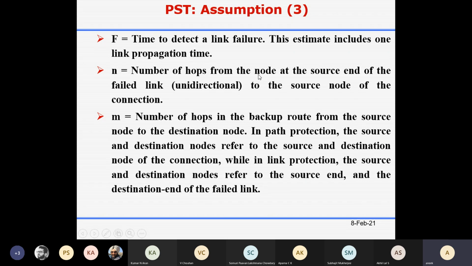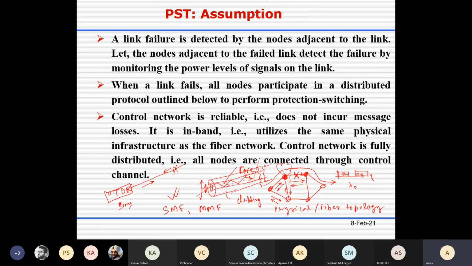So N is the number of hops from the node at the source end of the failed link to the source node of the connection. Let's say you have to send your control message to the source node of the light path.